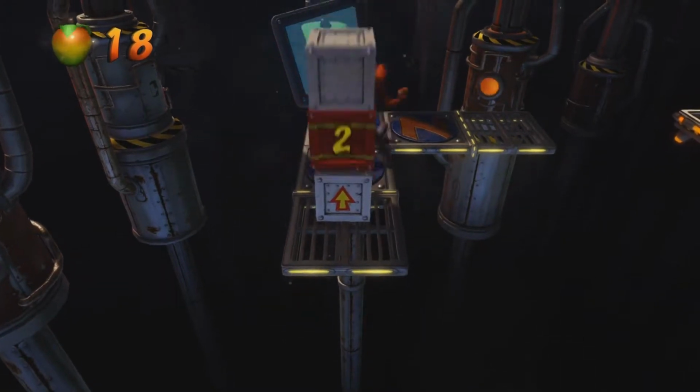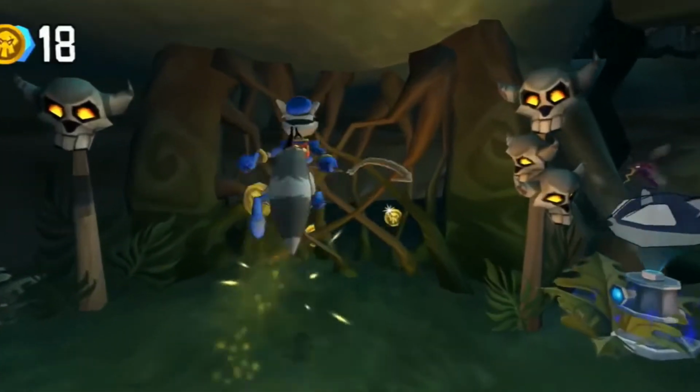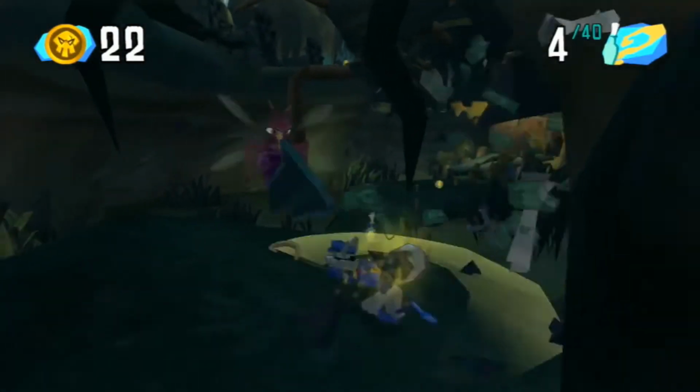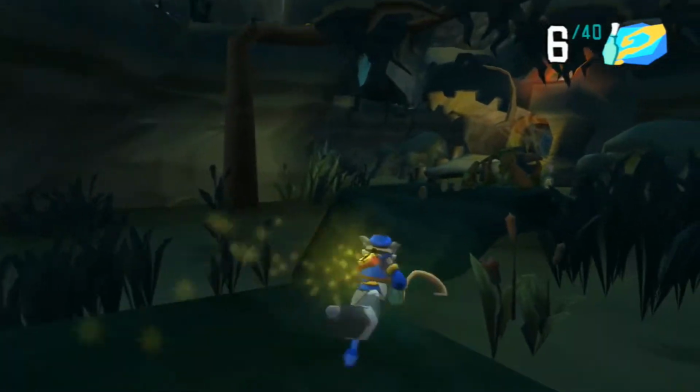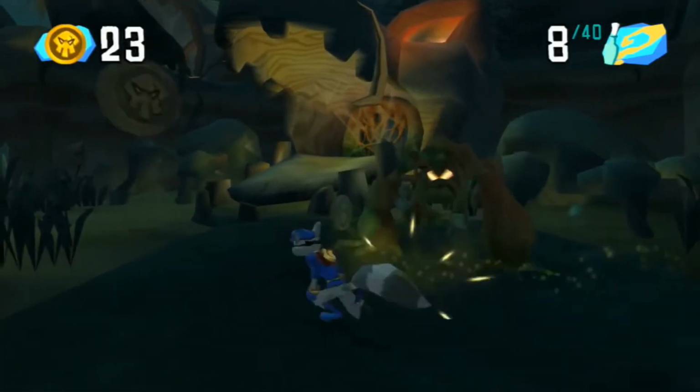Bottomless pits. Number 4. A Grave Undertaking from Sly Cooper and the Thievius Raccoonus. A creepy voodoo swamp filled with bones and ghosts that are after you. And this thing...